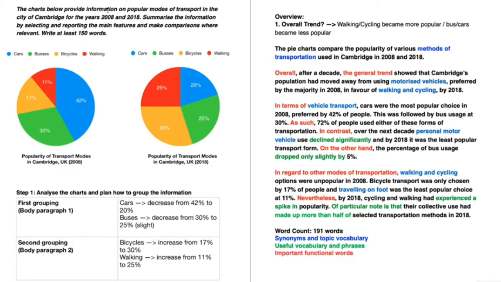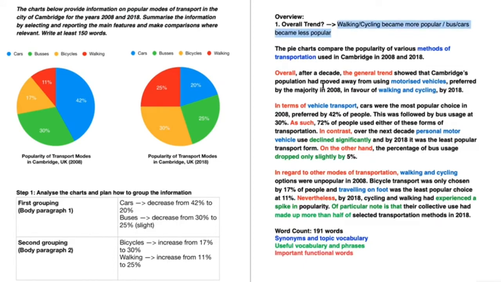And it says information on popular modes of transport. I've said the popularity of various methods of transportation. In the city of Cambridge, I've said used in Cambridge for the years 2008 and 2018, and I've said, of course, in 2008 and 2018. So you see how I've used methods of transportation instead of modes of transport, and I've gone ahead and talked about comparing right away. In our overview paragraph, I am talking about this information here, how walking and cycling has